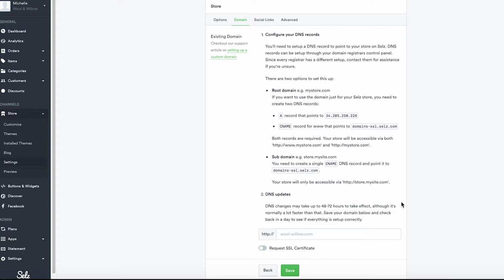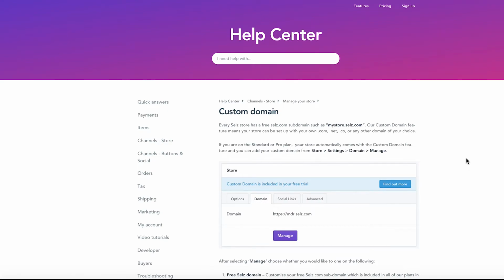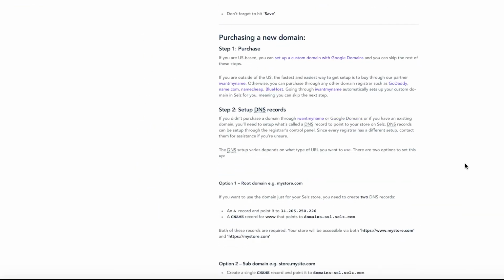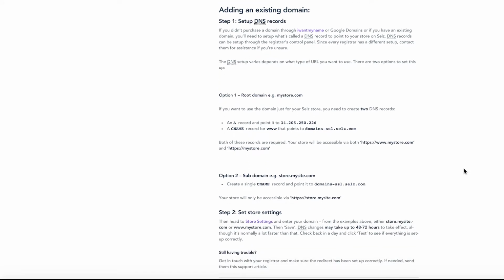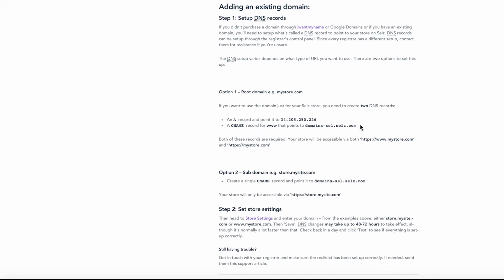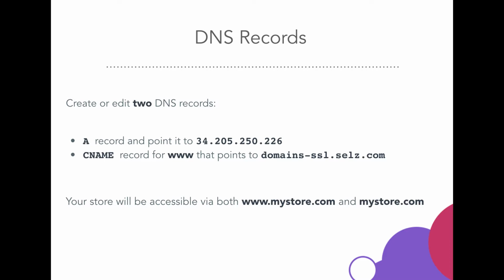And what you can also do is when you click on existing domain, we have a link to our support article right here. So I'm going to go ahead and click that. And I'm going to scroll down to adding an existing domain here. And this is what we're going to go over today, adding a root domain. So this is going to be if you want your store to be accessible, either just yourstore.com or